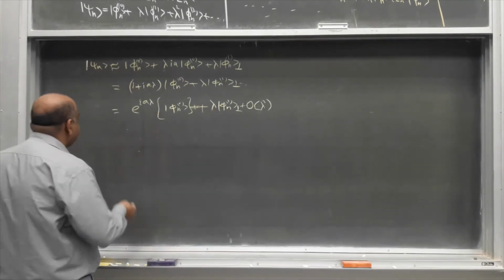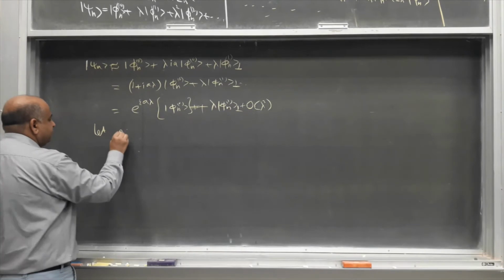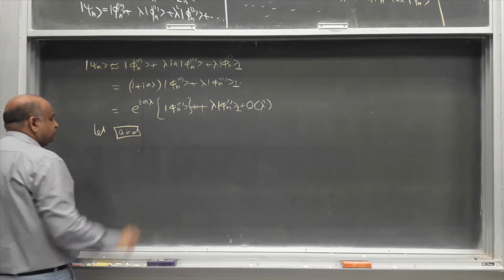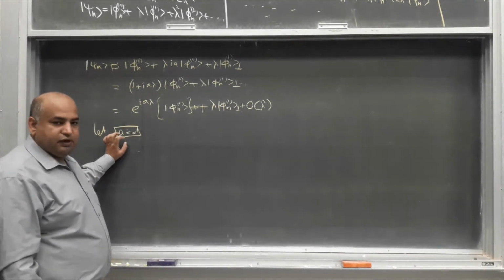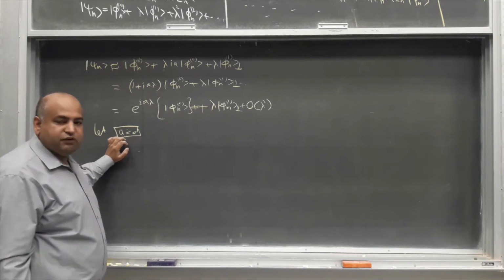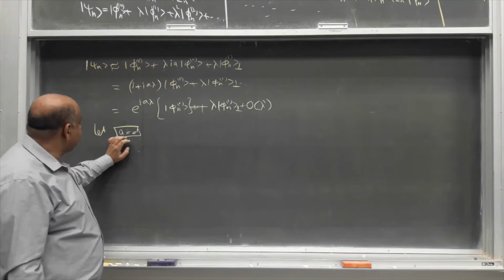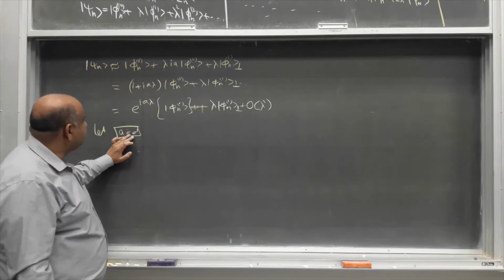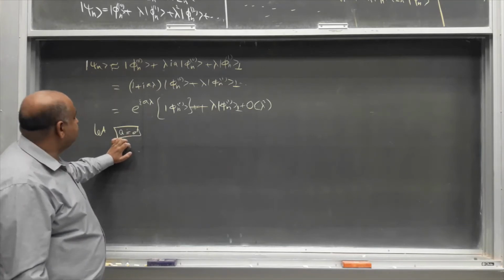So for this one, let's choose ourselves that a is equal to 0. We can choose any other value of a and the perturbation theory will still work out as it is, but it's convenient to choose a equal to 0, because what this will do is that once a is 0,